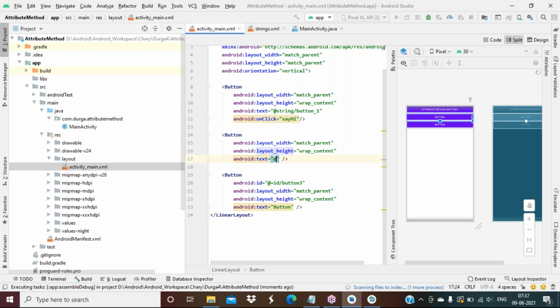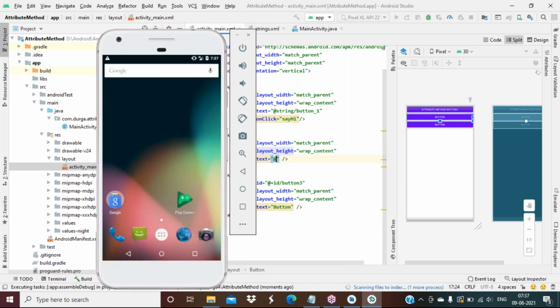Okay, so we'll just wait. So this is a problem with the emulator actually. It's completely stuck or what?